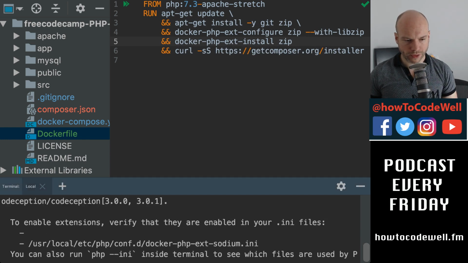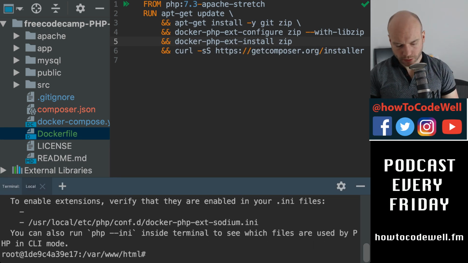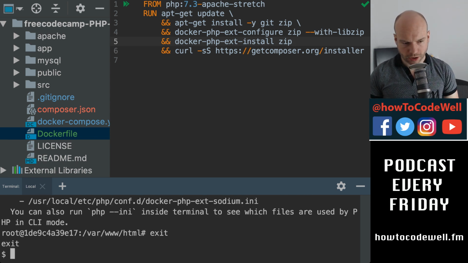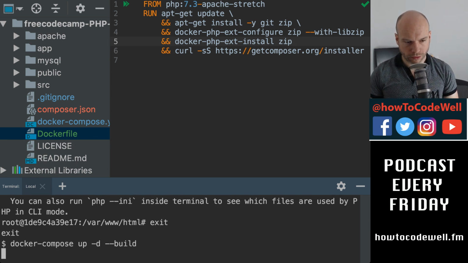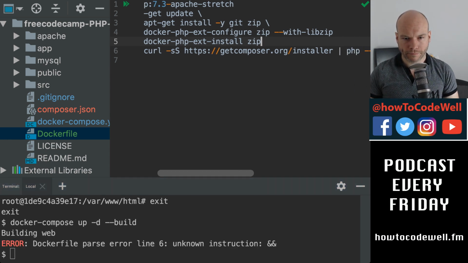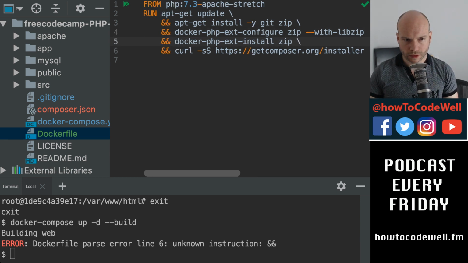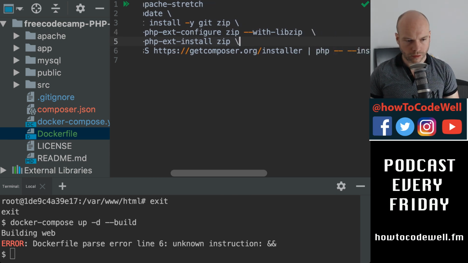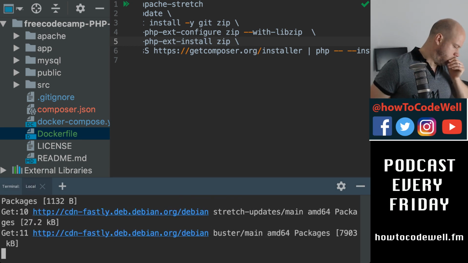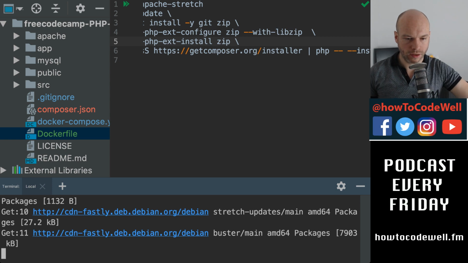So right, let's come out of this. Let's do an exit. Bye bye. And now let's go up a bit. Build the damn thing again. No, there's an error. So hopefully that will work. But